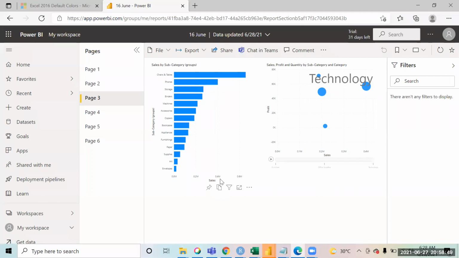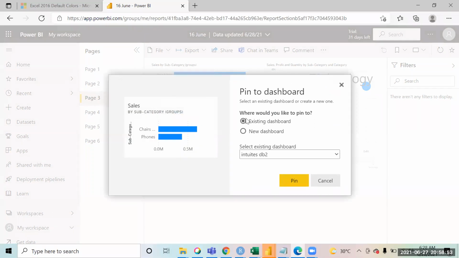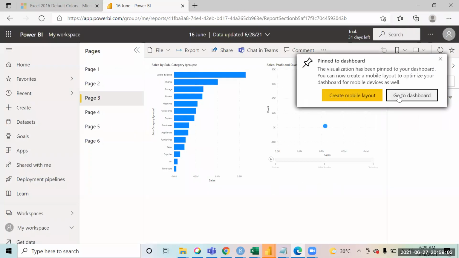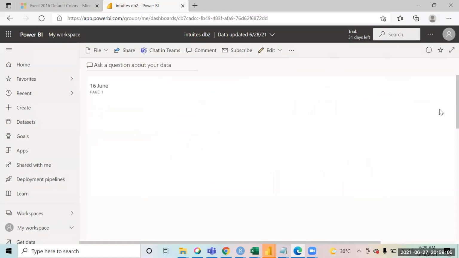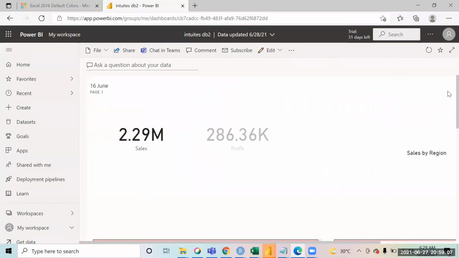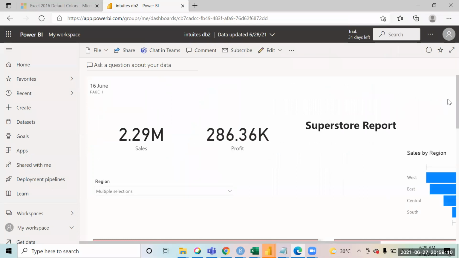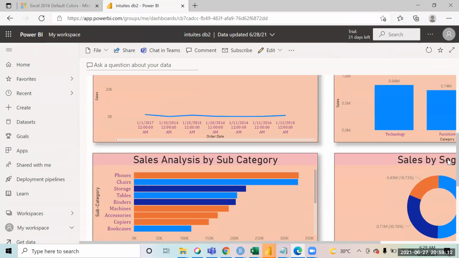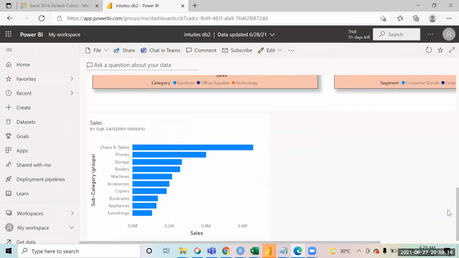So I pick this chart and I say pin visual. Pin visual means you want to put it onto a dashboard. If you want to create a new dashboard, you click on this. If you already have some dashboard created, you just click on that and pin. And if you go to the dashboard now, you will see that the page we put before is already there, and below that, the other chart we have added will also come up.